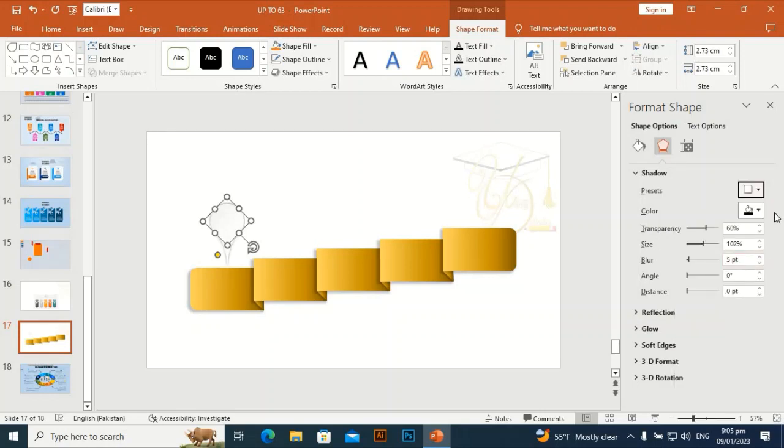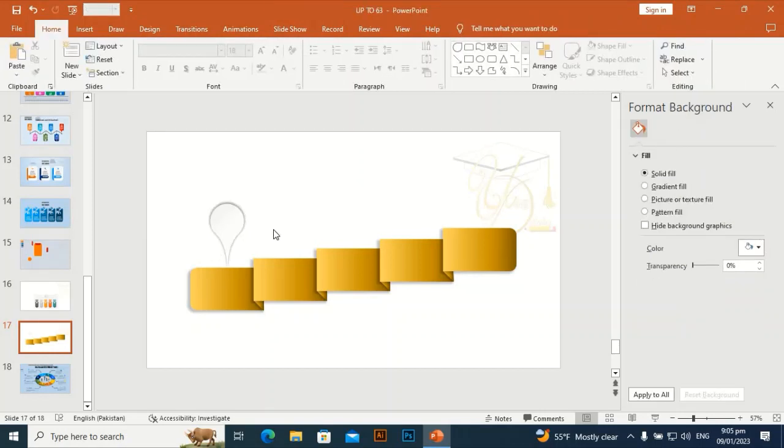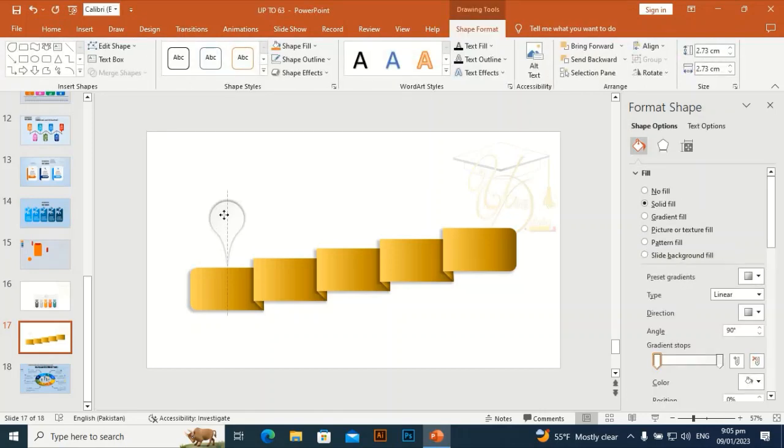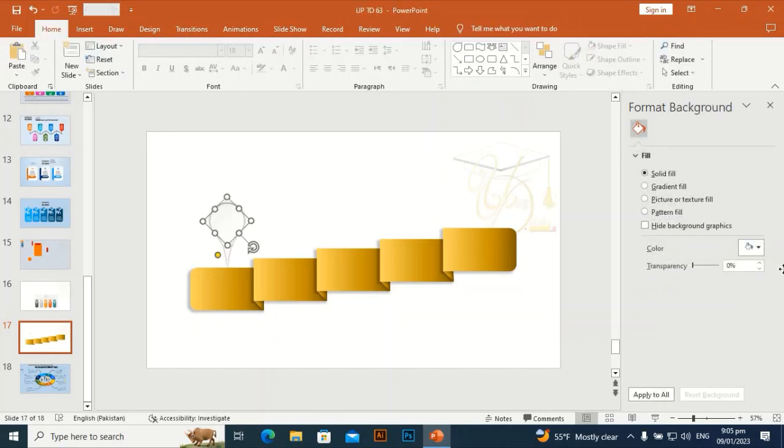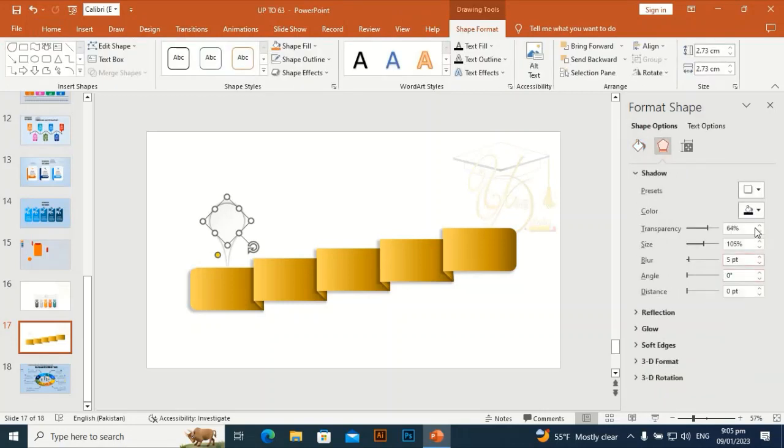And this will be okay. I'm going to fix its transparency, size. Okay,